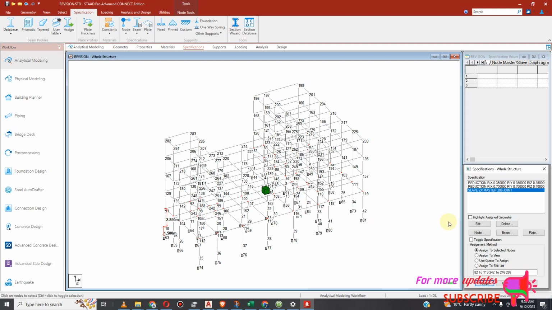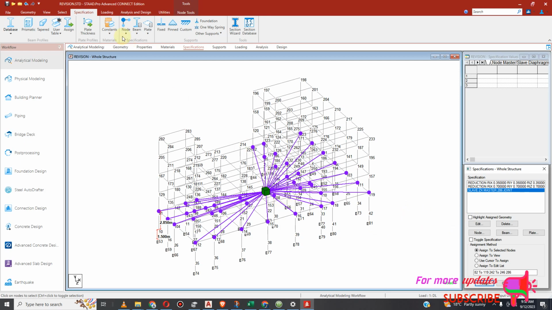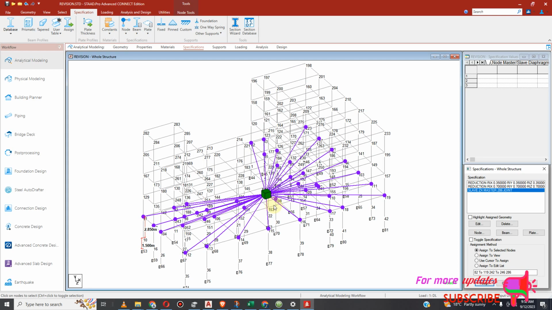You can see now the nodes are like the master and slave relationship. So these nodes depend on this. So if this node moves, all of them move because it is in the center of gravity, and that's how a slab usually behaves. So that's how you solve your modeling problems, and that's why the master slave node is very important in Staad Pro,